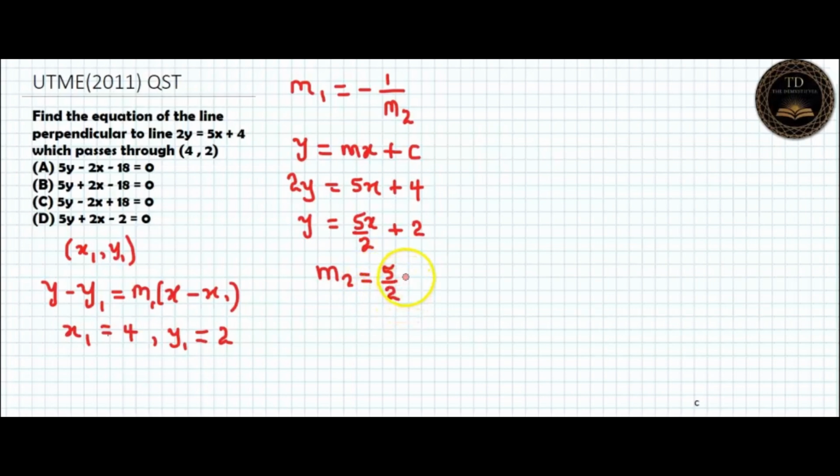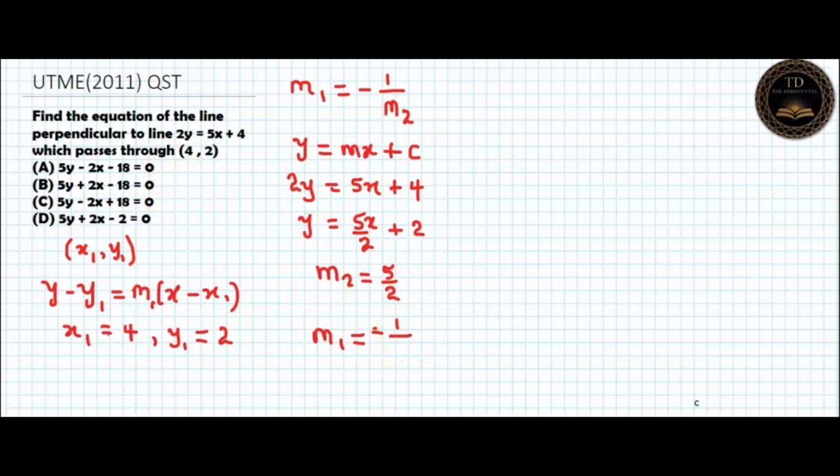So it means that our m2 from the given equation is 5 over 2. Okay, so we now go back to this equation, this relationship, to get our m1. So our m1 will now be equal to minus 1